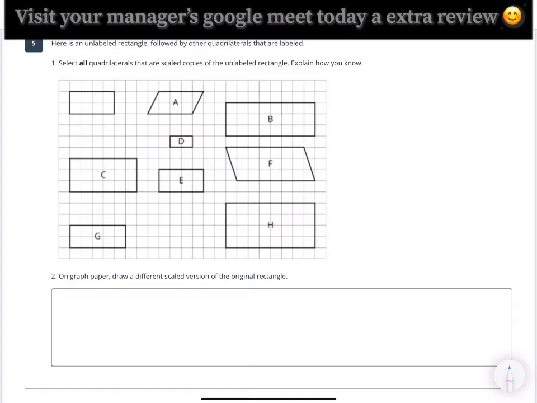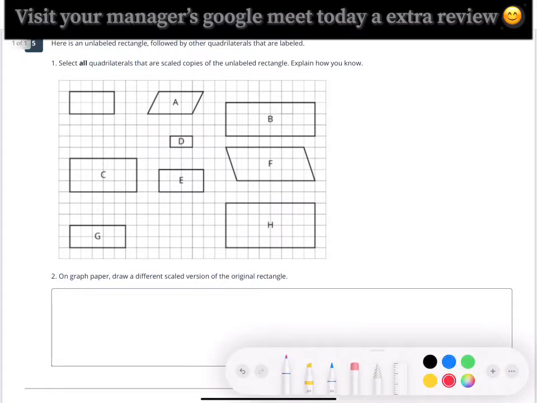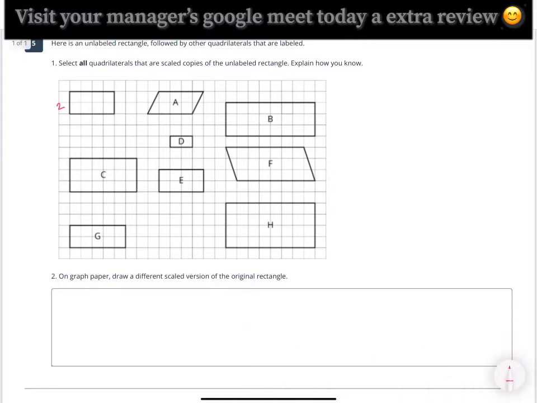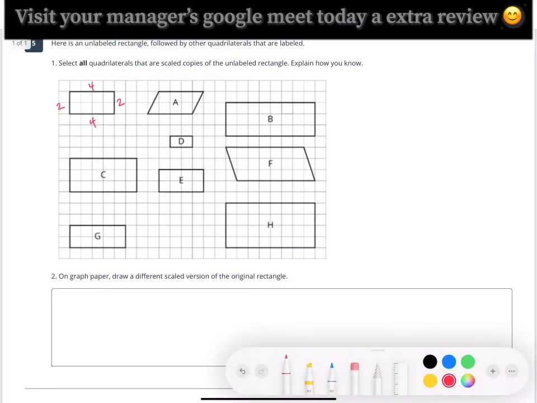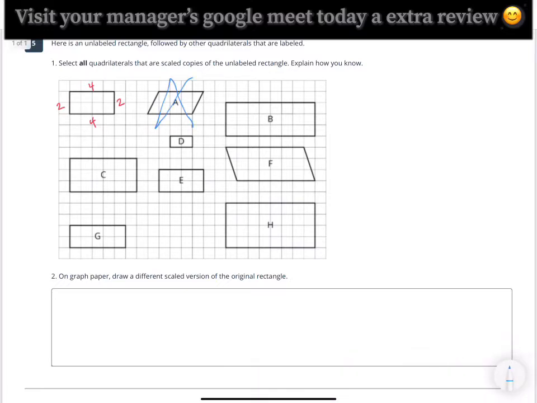Okay, so I see a grid, so I have to measure this rectangle. This is 2 units, 4 units, 2 units, 4 units, okay? So I could definitely scratch out A, and I could definitely scratch out F. And if you refer back to lesson 1 of this lesson, slanted copies are not considered scale copies,